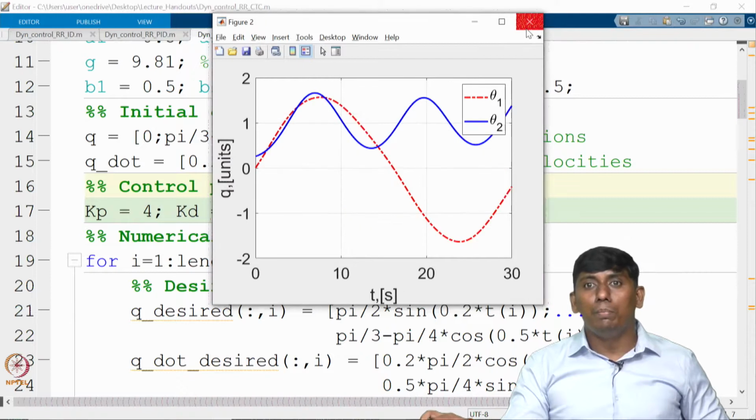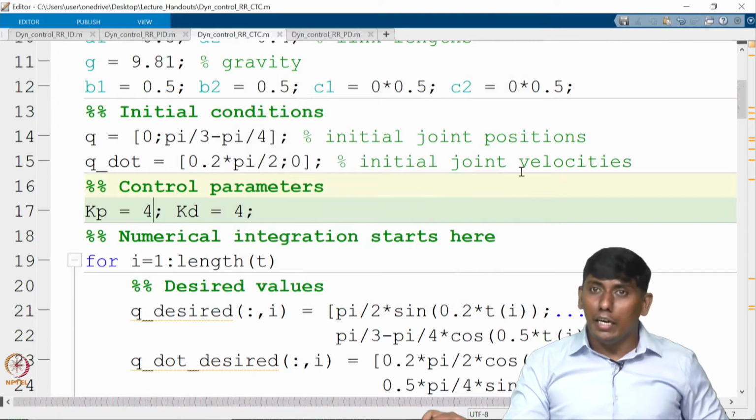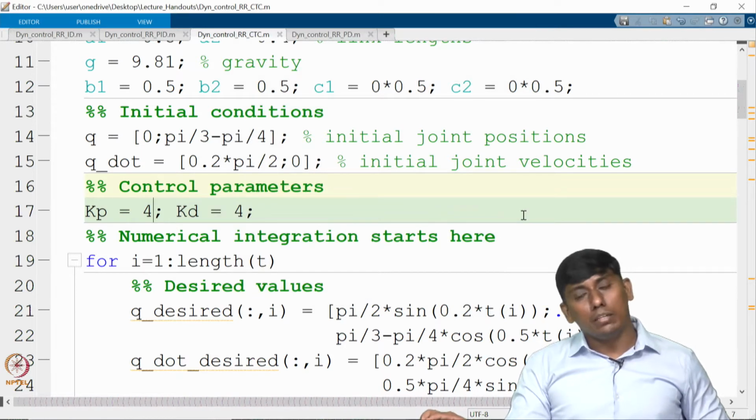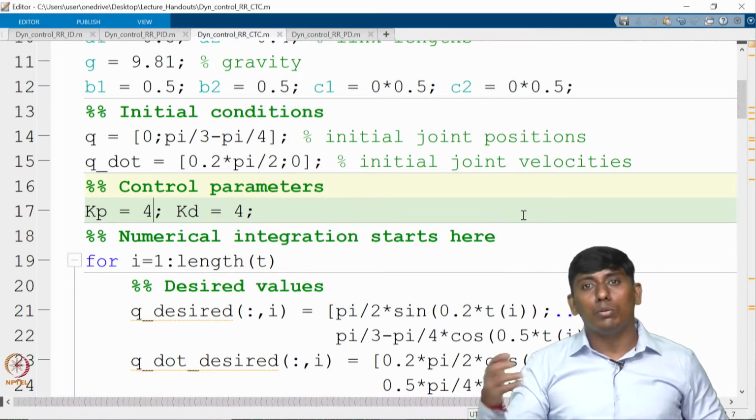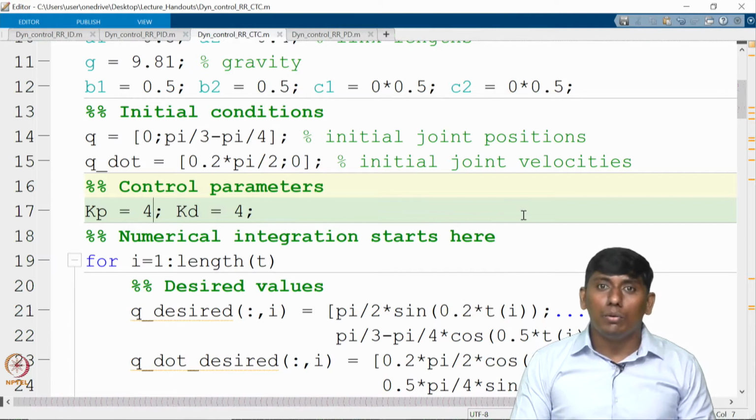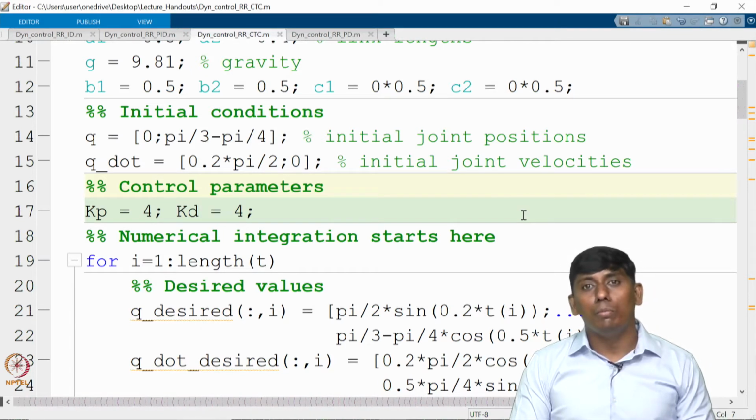Now I hope this is very clear to you. With that we are ending this particular lecture. In the next lecture we are going to see the computed torque control in task space and the cascaded control loop, which we call dual loop, where the kinematic control is at task space and the inner dynamic control is in joint space. That combination we will see, with this MATLAB simulation. Until then, see you, bye, take care.